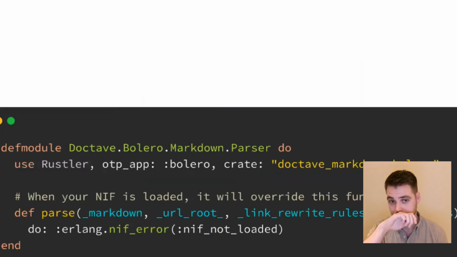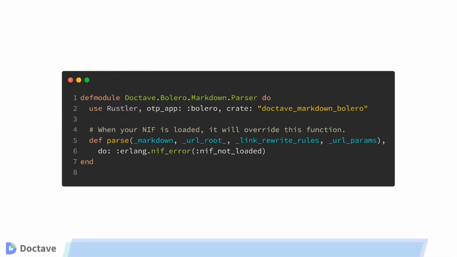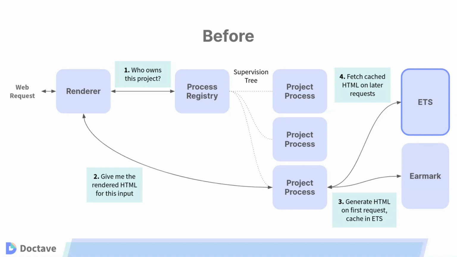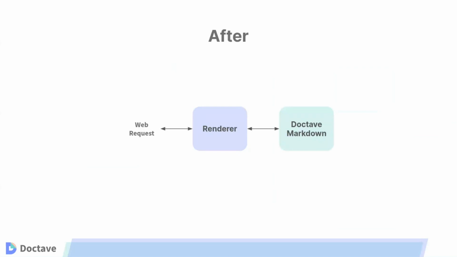On the Elixir side, this is the whole parser module, where the Elixir parse function will, at runtime, get replaced by Rustler with the function that I just showed on the other side. And this actually turned out brilliantly. What we ended up doing was we went from this, which is not super complicated but not trivial either, to this. Now the renderer just calls the Doctave Markdown library, and it gets some HTML back,